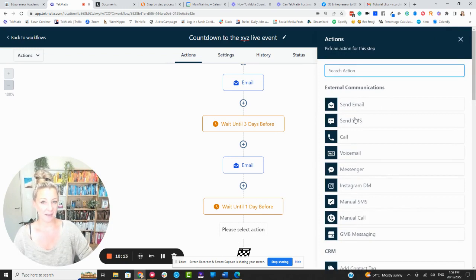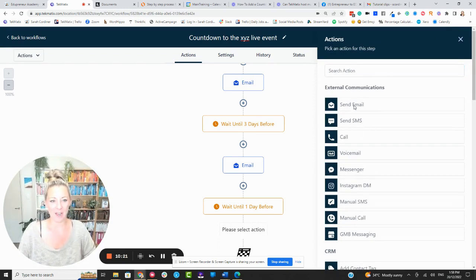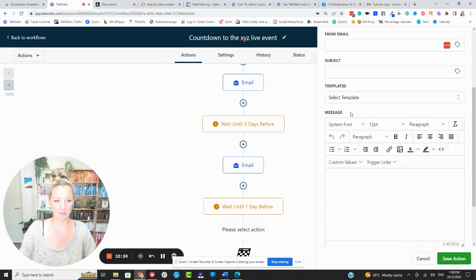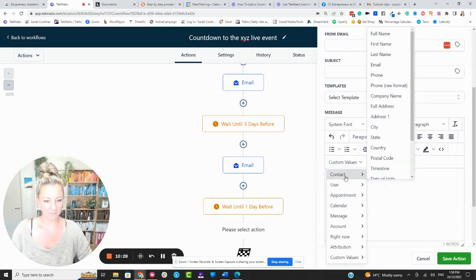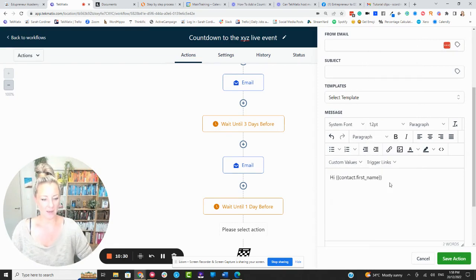Now we could send them an SMS. If we've been collecting phone numbers, we could put a text message in here. If we are connected with them on social media, we could send them a messenger message. But just for the sake of going through this, I'm going to go hi, custom value, first name. First name, and then I pop in here, obviously, again, the reminder information, the Zoom link, or the address of